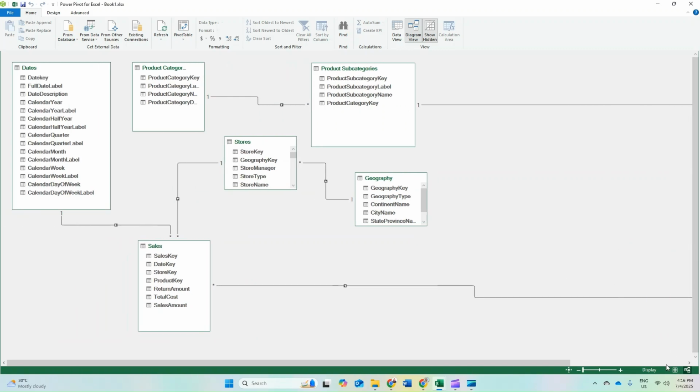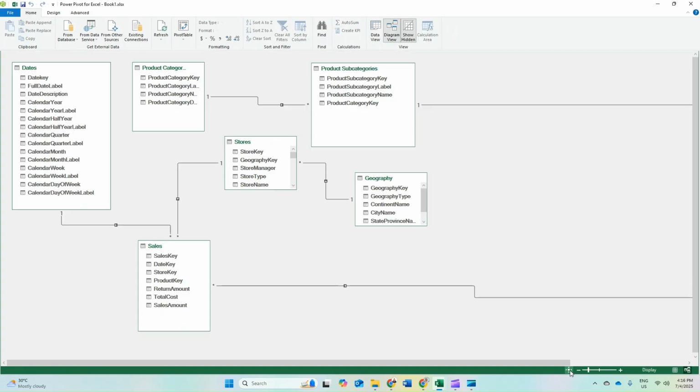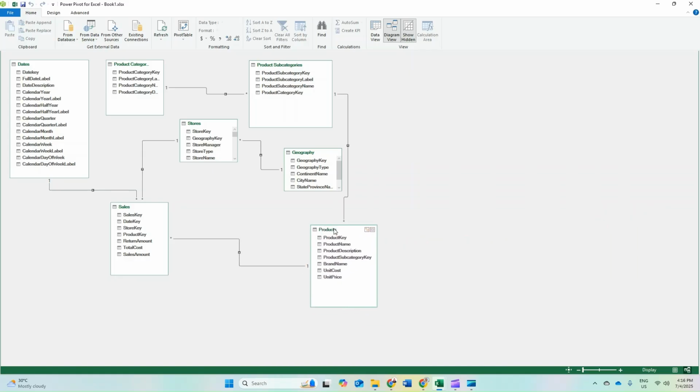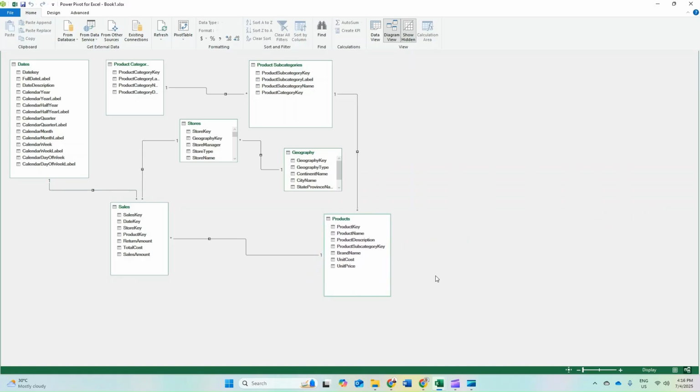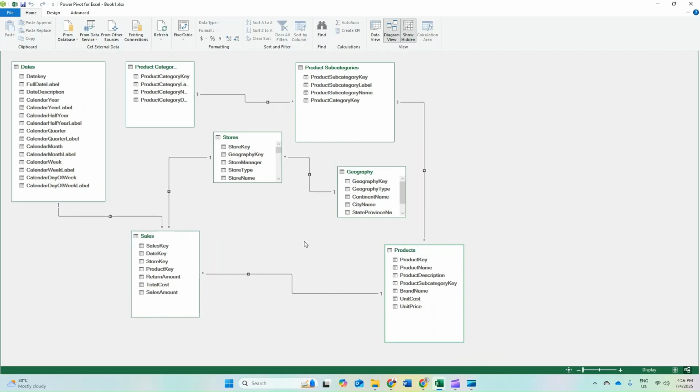Okay, so this is out of screen. If you want to see, oh no, sorry, you can see. This one. So you click here, small one here, then you can see the whole picture. Let's say your screen is small, then you can click here to view overall, just to make sure that all the tables are connected.